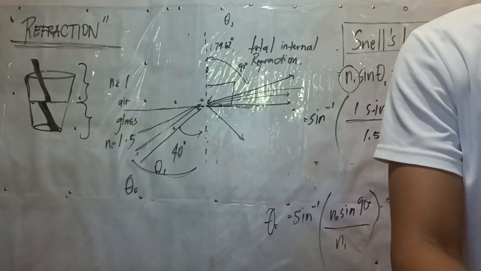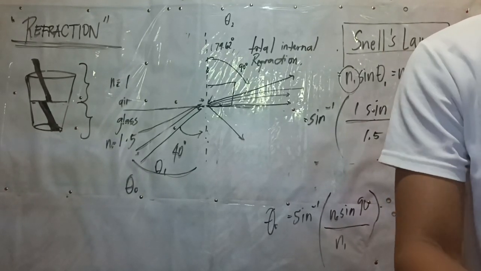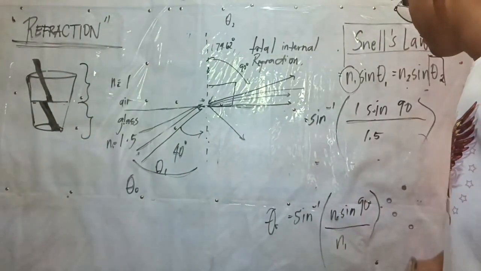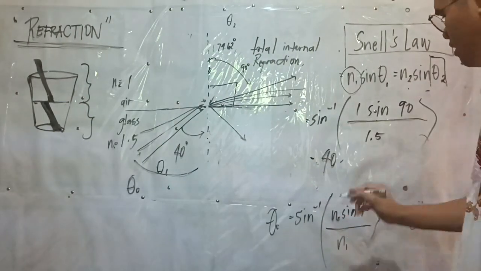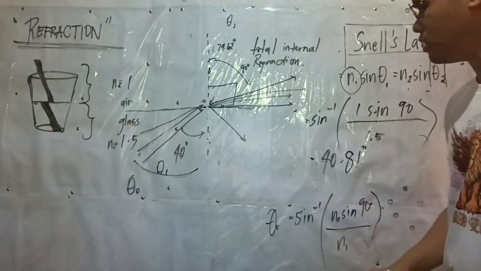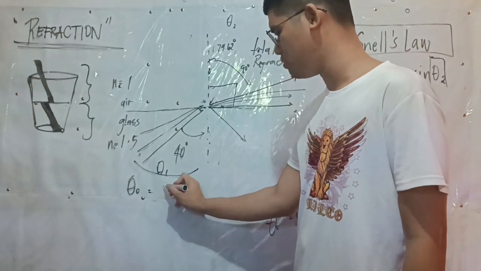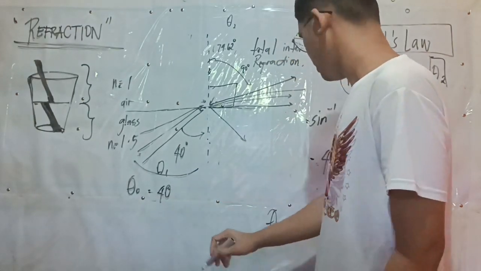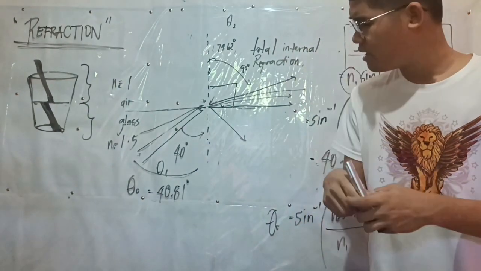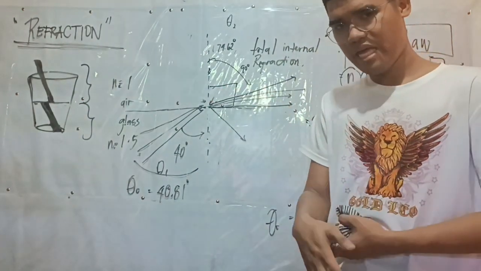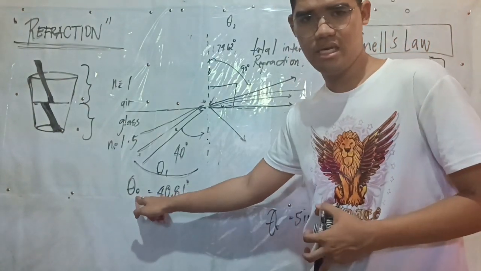We have an angle of 40.81 degrees. So our theta C, our critical angle, is equal to 40.81 degrees. So we can notice, all angles higher than our theta C, higher than 40.81, like 45, 60, 70,